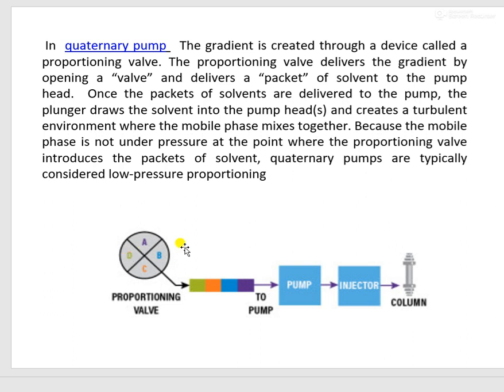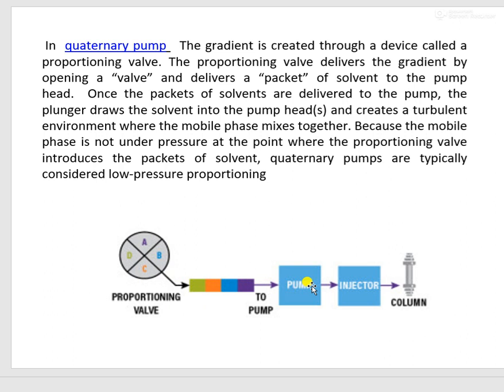So what is the role of this proportioning valve? Whatever composition I need of all these 4 solvents, that proportion will be created by the proportioning valve, and it will deliver a pocket of solvent to the pump head. Means first the proportion is created, and that pocket will be delivered to the pump.